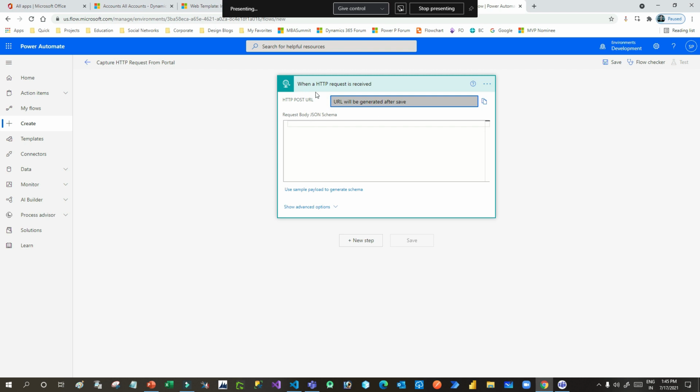Now, the next thing for this HTTP trigger is you have to add a request body JSON schema. Why is it required? Because Power Automate should understand in which format you are sending data, because the formats are many kinds: JSON object, JavaScript object, a text object, right? Now you have to pass a JSON schema here so that Power Automate will understand, yes, this is the request. Defining a JSON schema is difficult, so we always use this option, use sample payload to generate schema.